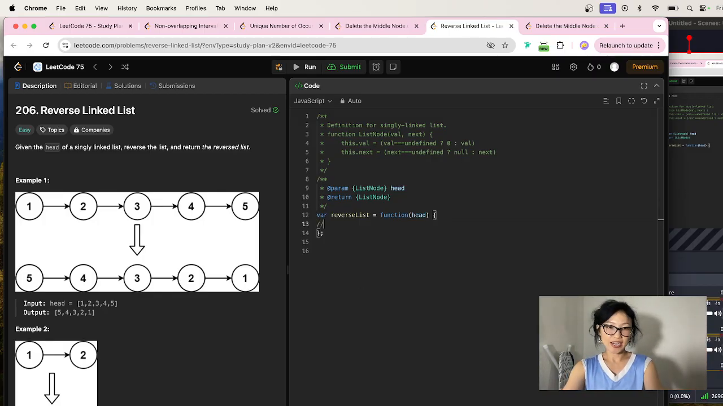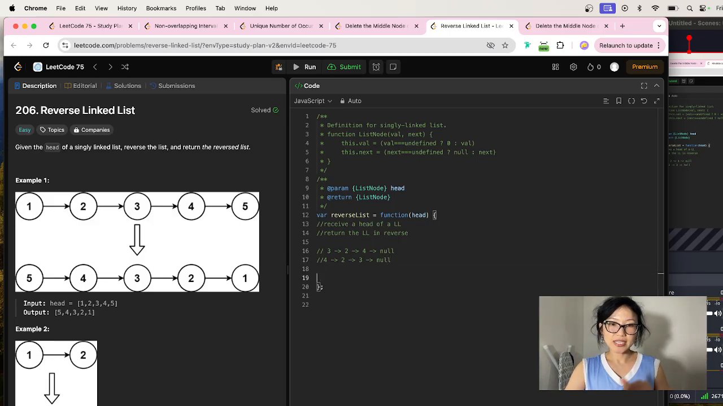Okay, let's go ahead and get started. So we receive the head of a linked list. We need to return the linked list in reverse. So if I have a linked list of, I don't know if they can have negative numbers, but say 3, 2, 4, then I anticipate to see a 4, a 2, and a 3. As you can see, the end node is now our starting node,